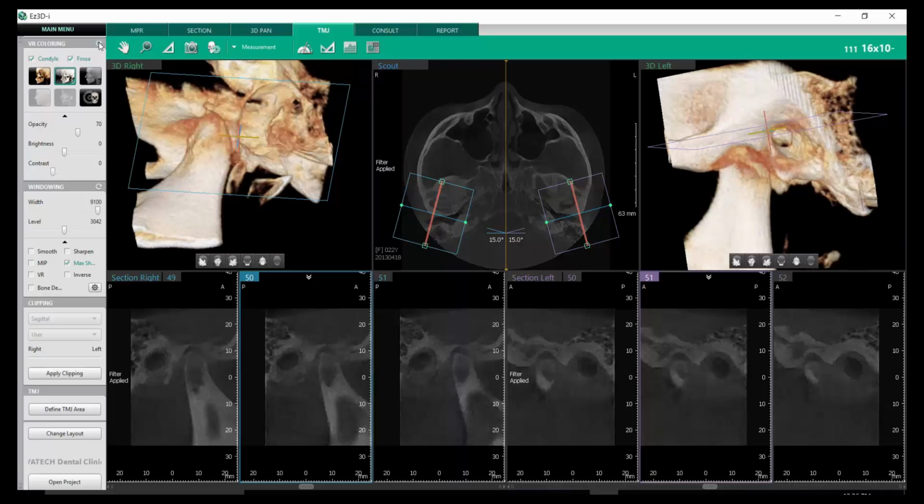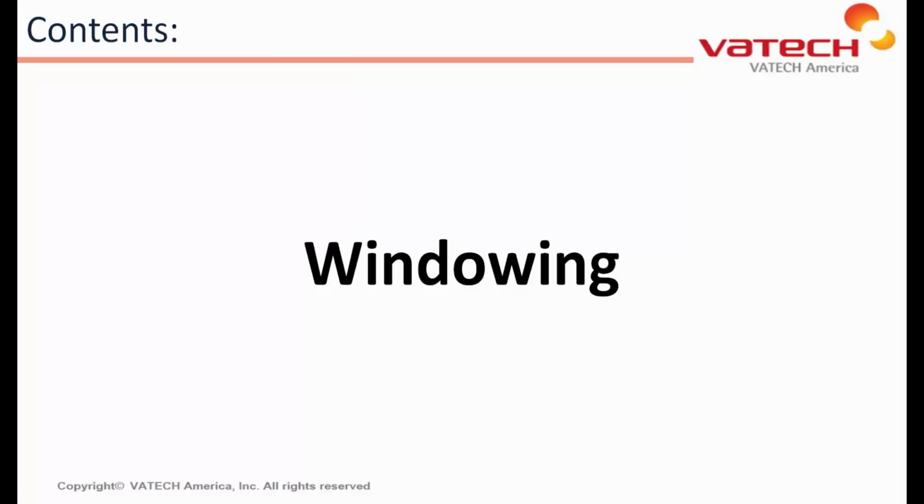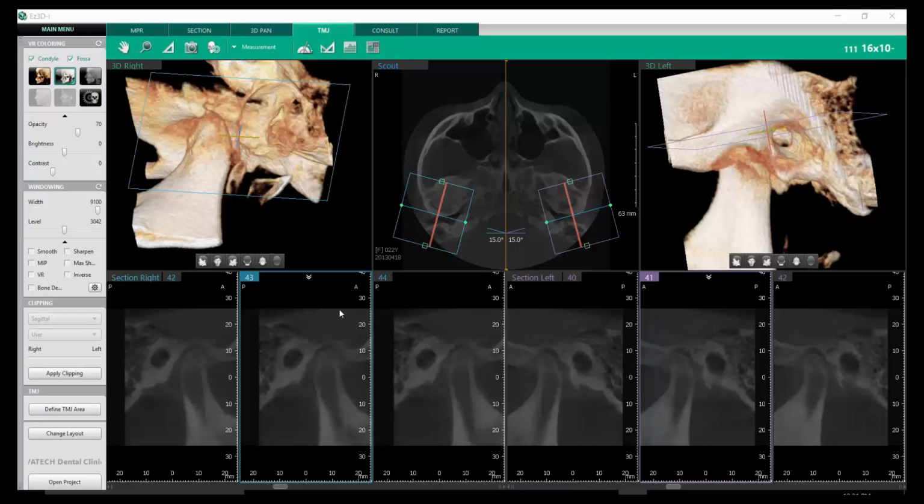You can also left click on reset to reset our view back to original opacity. Next topic, windowing. We also have the ability where we can adjust our grayscale views using the windowing section along the left hand